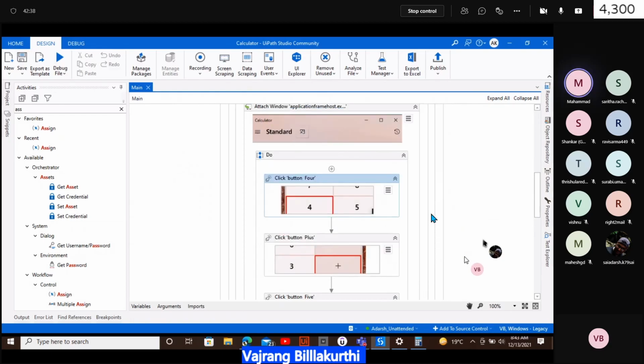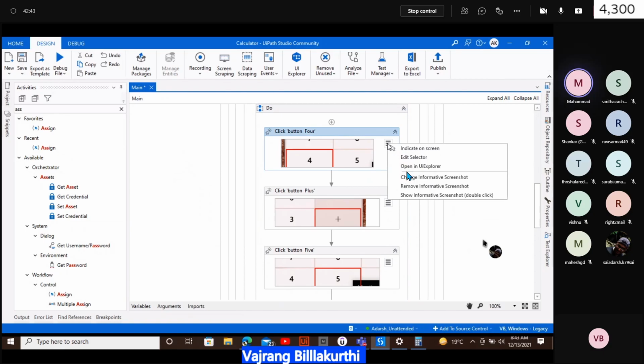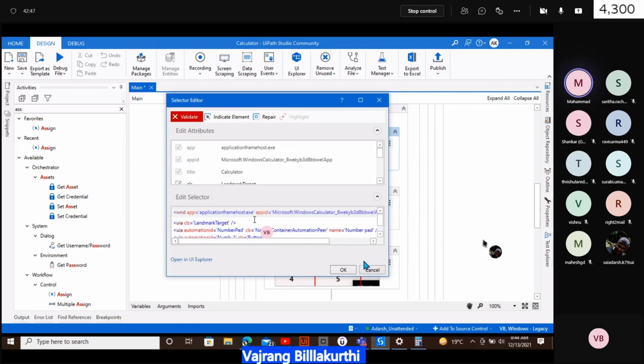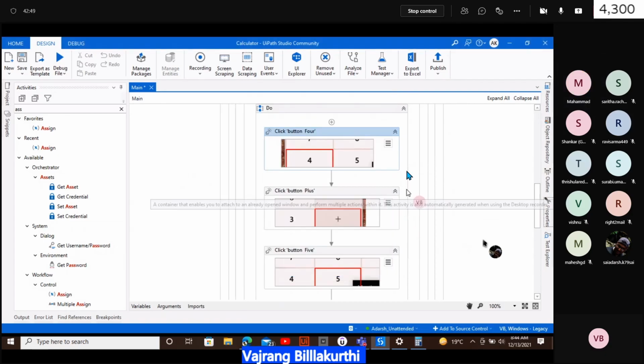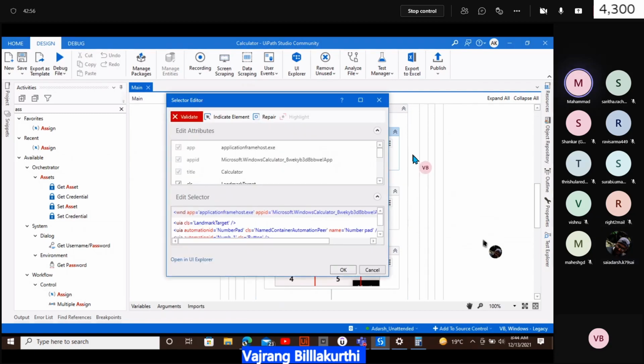And the biggest mistake that you have done is in edit selector, you have removed the complete value in the tag, you are just replacing it.